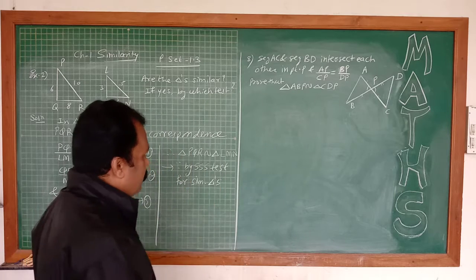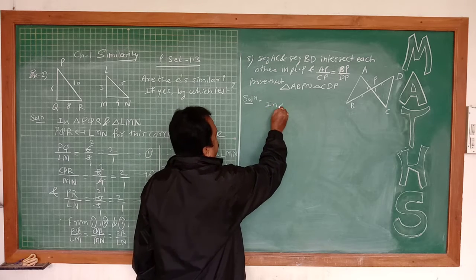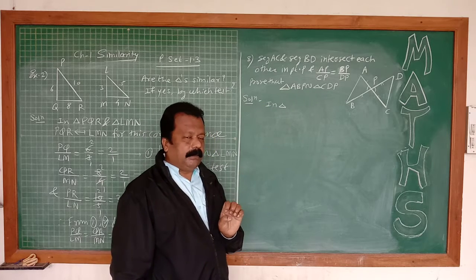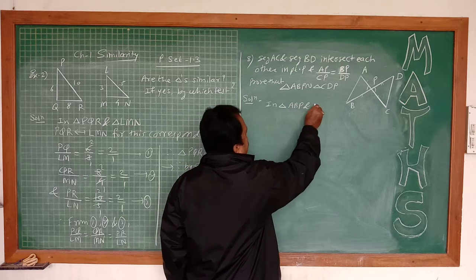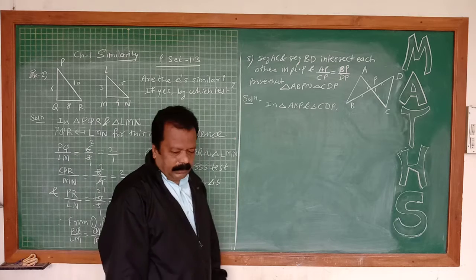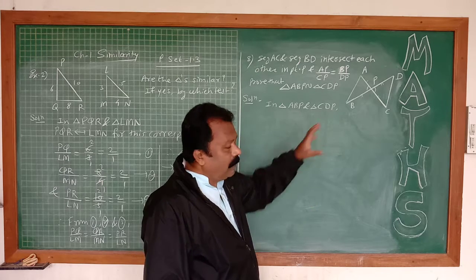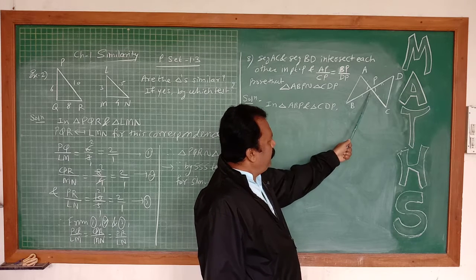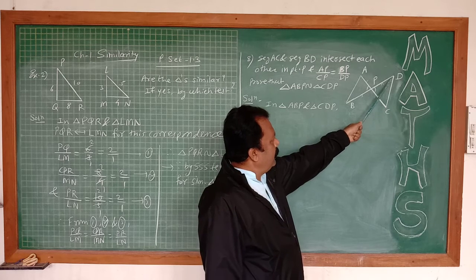Now see here, how to write the solution. What we have to show? These two triangles we have to show similar. Then that will be named triangle ABP and triangle CDP. Correspondence check, correct or not? If not, according to the triangles, in the name of the triangle, if correspondence is not there, then we have to write the correspondence specially. ABP, means A here, B here, P here. CDP, C here, D here, P here.